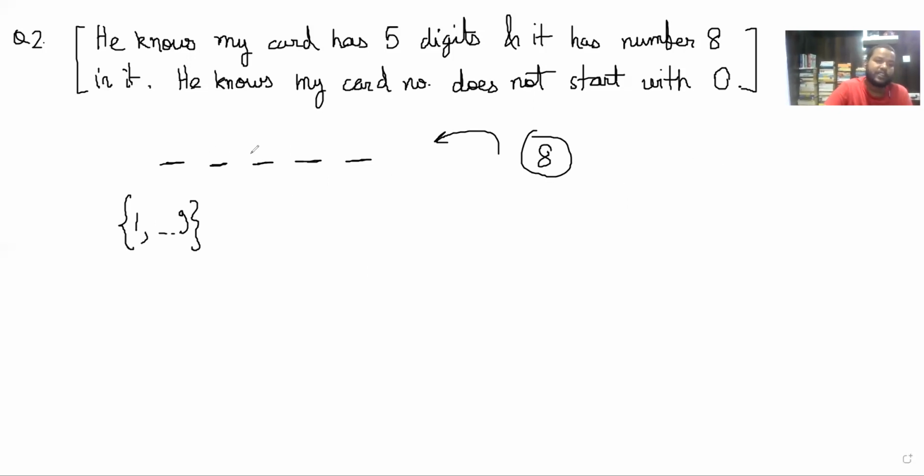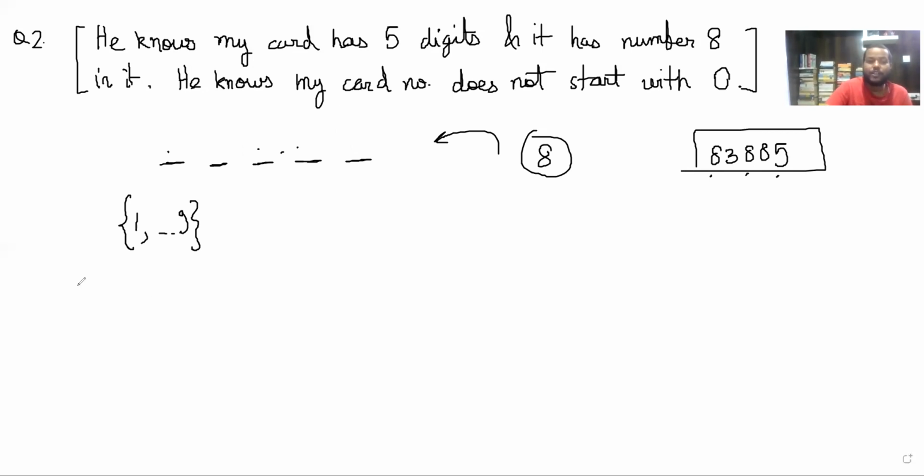8 could come once here or here, and then you will count the same number 2 times. So for example, if you have the number 83885, then you will count it 3 times, right? Because 8 can come here, 8 can come here, 8 can come here, right? So I will not do a straightforward count here.